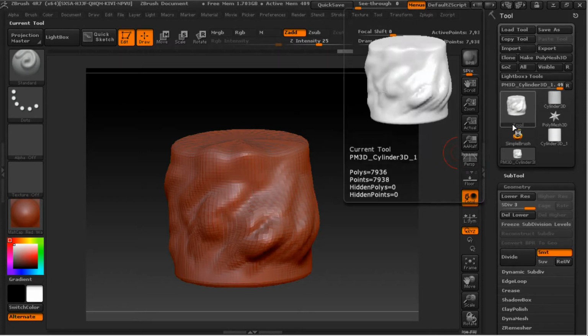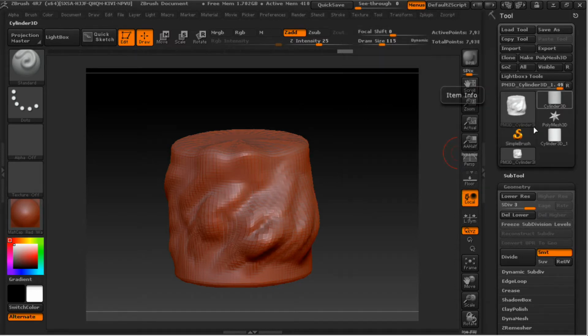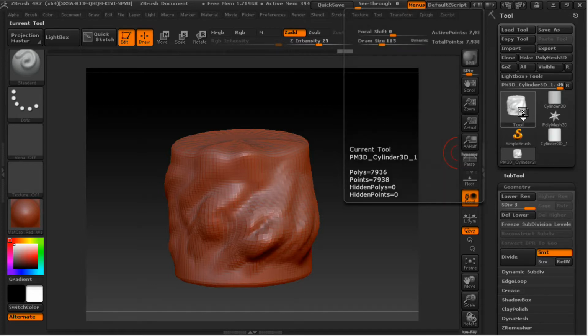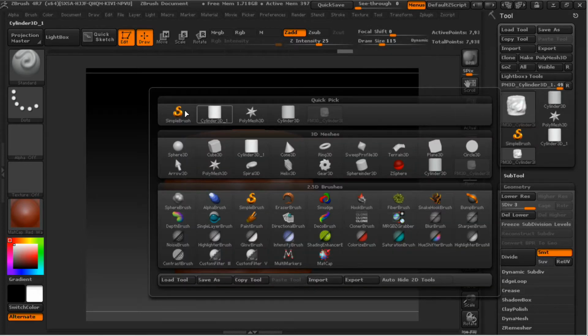There's this Tool button here. So up here in the tools section, we're dealing with tools. Tools are always referring to basically your models. Your models in ZBrush are referred to as tools. So when you save certain things, it's referred to as a tool. Why? It's a good question. It's bizarre. Why do they call it a tool? Why don't they call it a model? Crazy. Either way, I'm going to press Tool, open this up, and basically I gain access to any of the